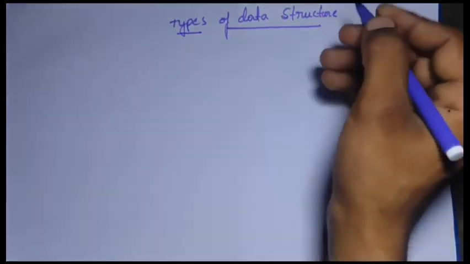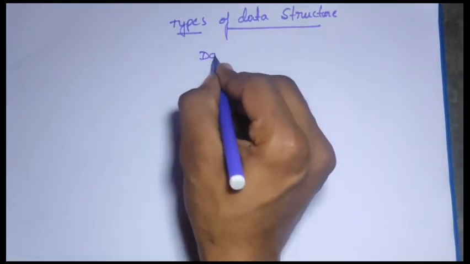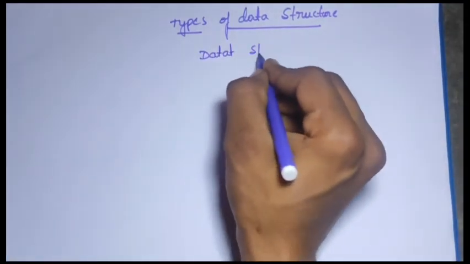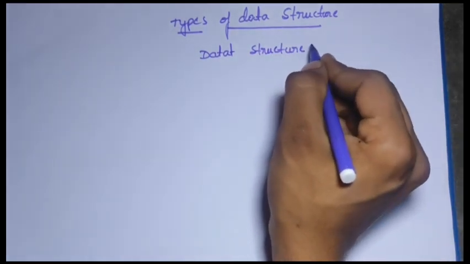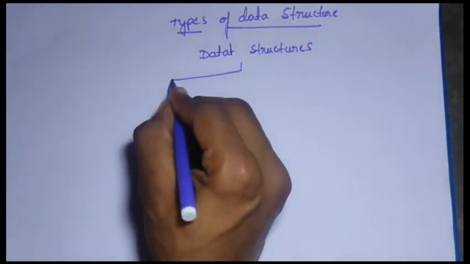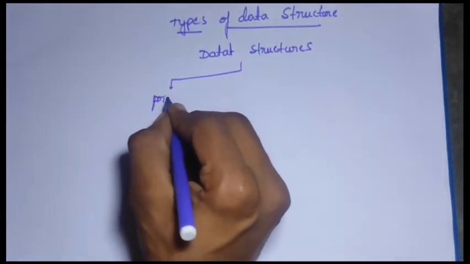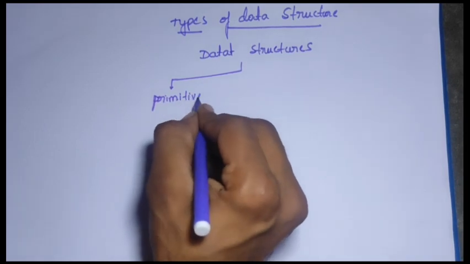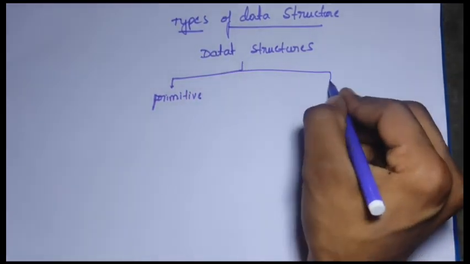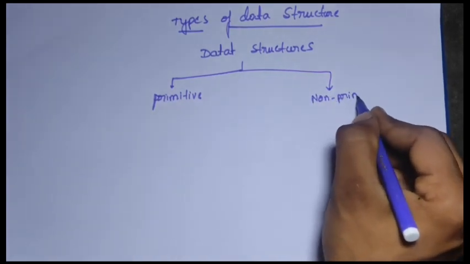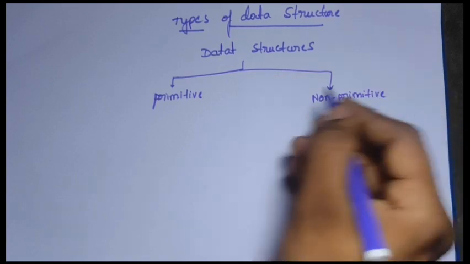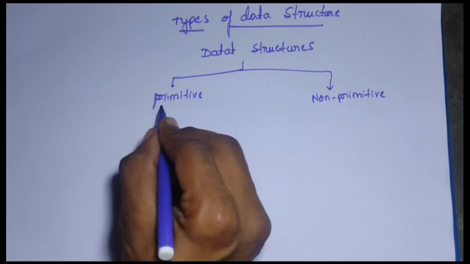We have various types of data structure. Basically, data structure can be classified into two classes. The first is the primitive data structure, and the second one is the non-primitive data structure. The primitive can be further classified into